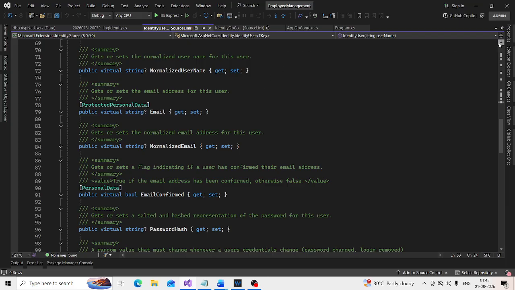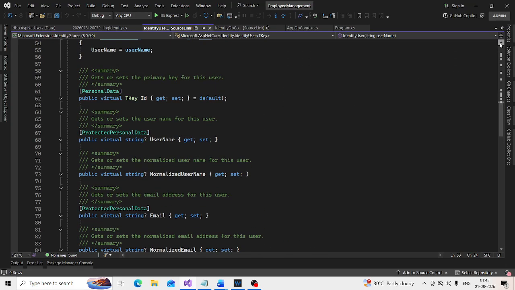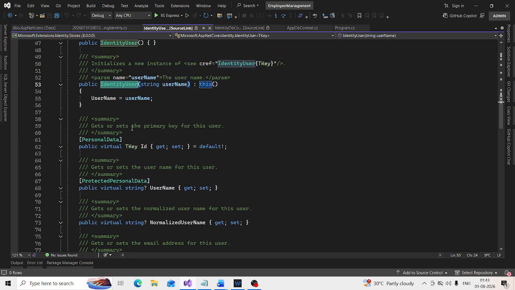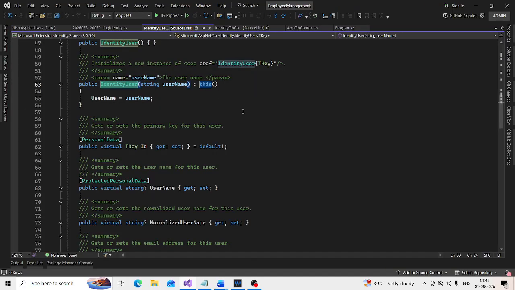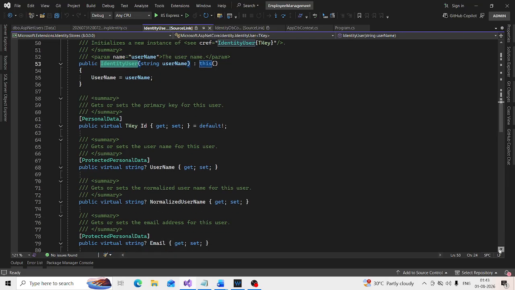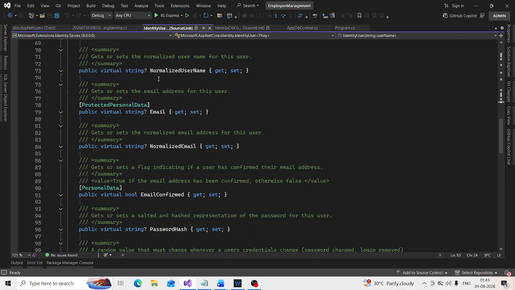Where is the identity user class? This is the identity user class. So the columns in this table correspond to the properties that we have in this built-in class identity user. As you can see, we have the username,